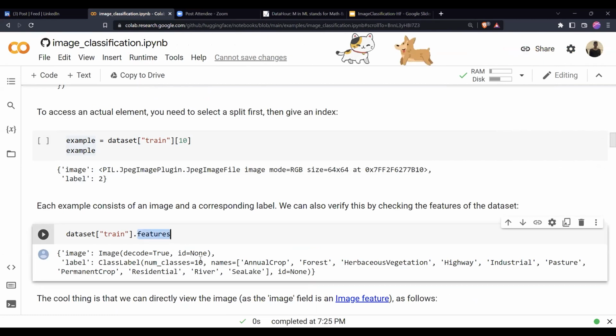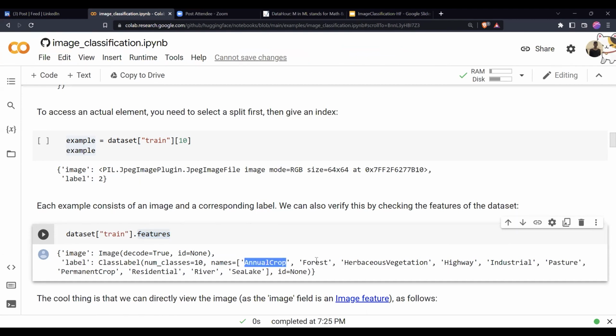Just call the features attribute, and you can see that in image, we have a PIL object, and in label, we have the different class labels. There are 10 different types of classes, 10 different types of satellite images.